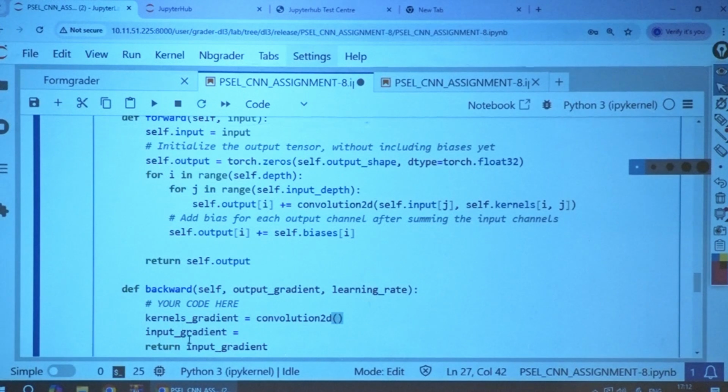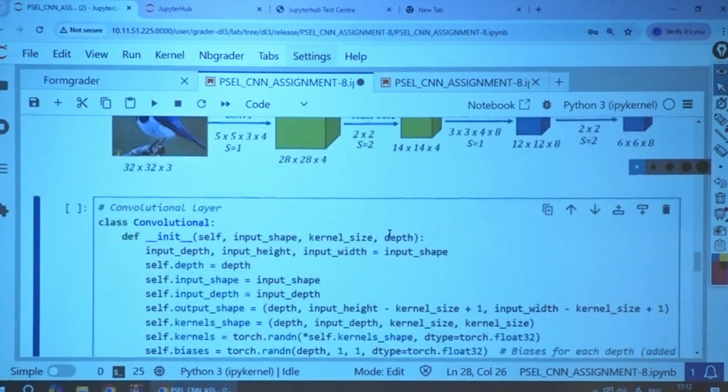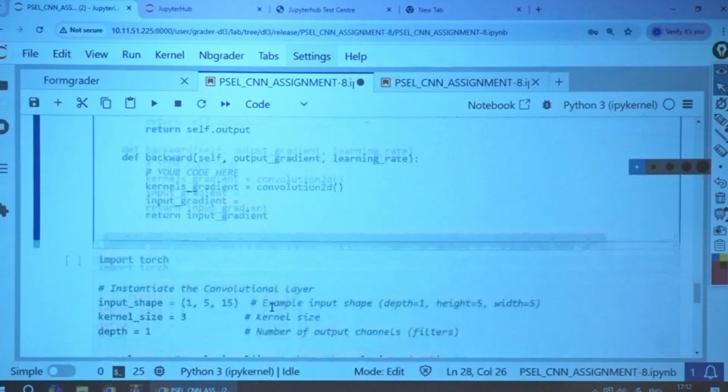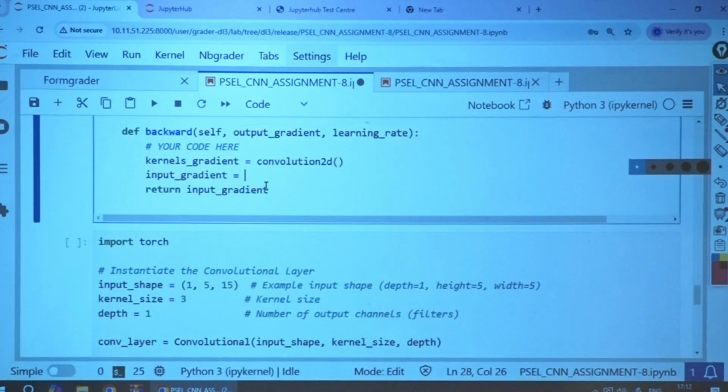That's clear. Now coming to the input gradient, what did I say? Full convolution between the flipped filter and the loss gradient. How to do that flipping? That was given in the description itself. So first of all, you need to get it. We don't have another method, full convolution, no need.